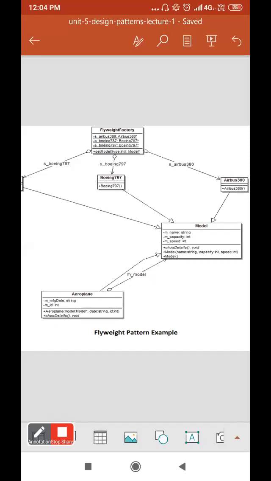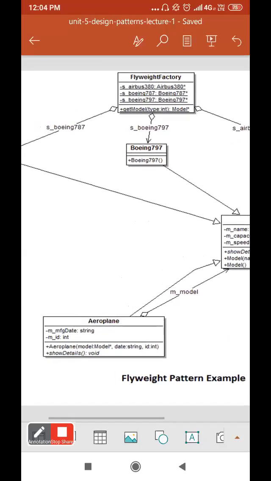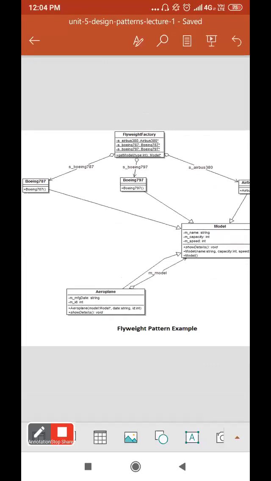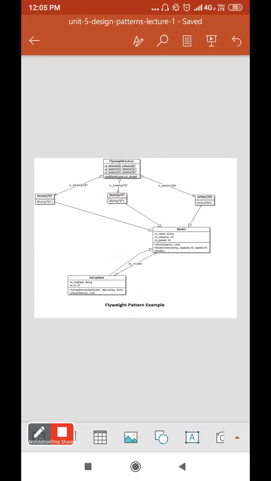These are accessed by the particular aeroplanes. The uncommon things like the model number and manufacturing date are in the aeroplane, so that is accessed by particular classes. So that is the example of the flyweight pattern.